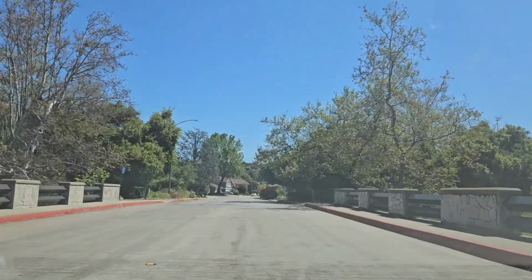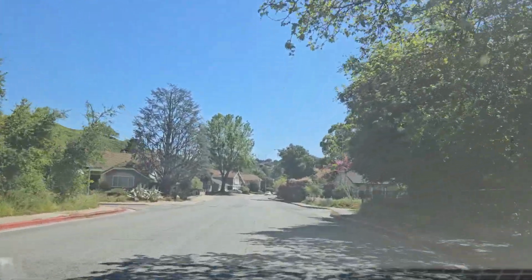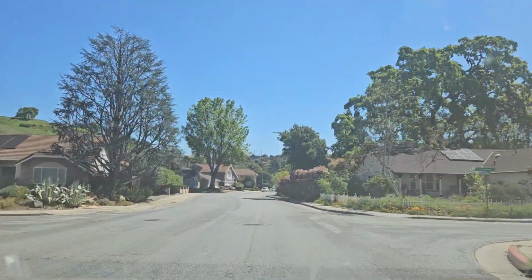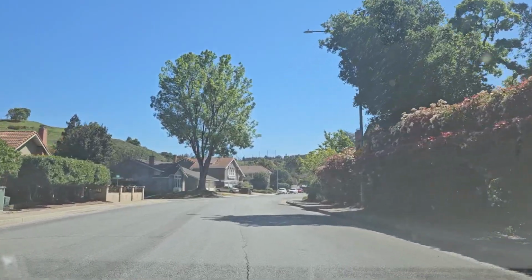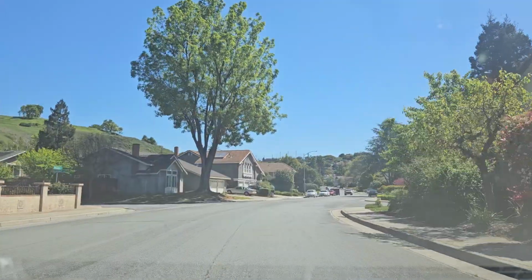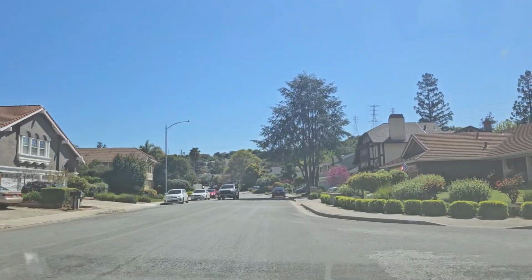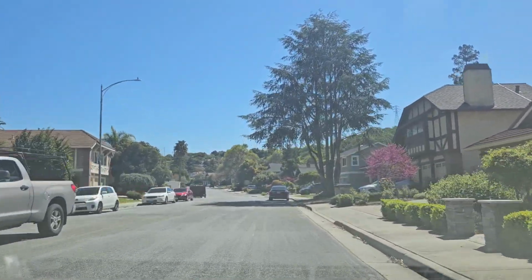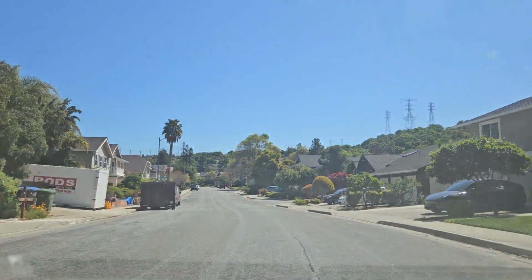Currently there's no home for sale. There's one home for sale in this neighborhood. The average price in this area is about $3 million, or like $1,000 per square foot on average. So we're just gonna drive around, and you can see this is a very nice and quiet neighborhood. It feels like you're living among nature in the mountains,